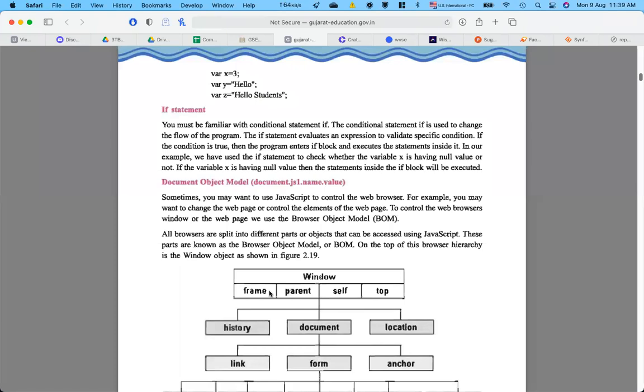So how many of you are already familiar with programming conditional statements? Can you raise your hand in the app so I know the current standing of the class? How many of you are already familiar with if statements that you have learned in your lower classes? Raise your hand in the app so I know that I don't have to go into detail in explaining this.